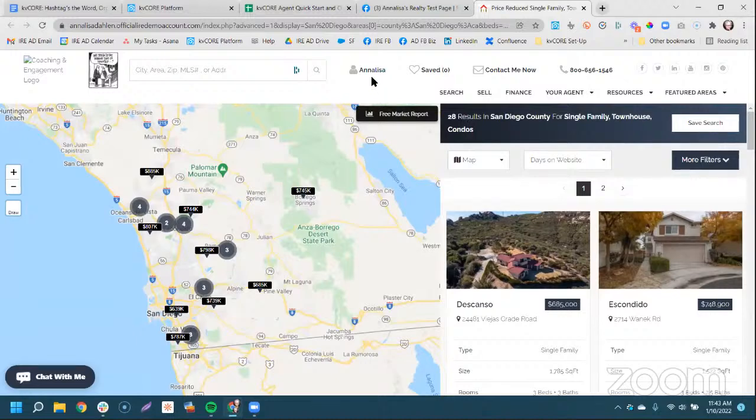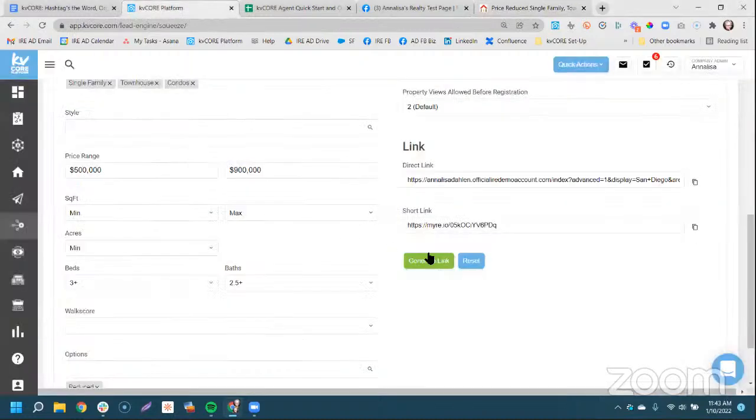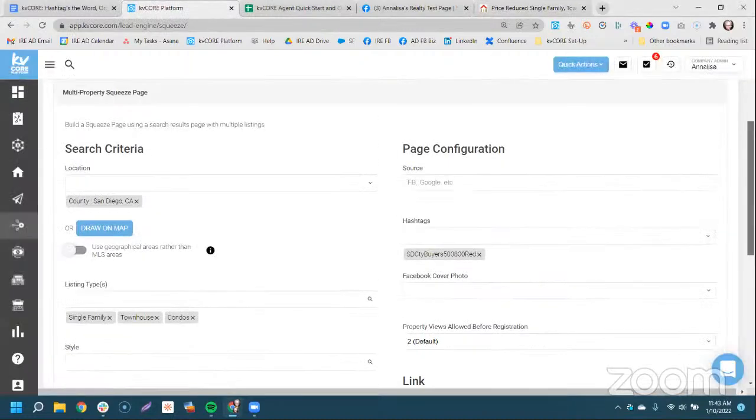Now, one thing you can do to automate a listing alert for this area is you can also say, all right, well, I've got my hashtag here of SD County buyers, 500, 800 reduced. Whenever this tag lands, I want to kick off a special campaign and listing alerts. I just want it to happen because I don't want to worry about it and reactively have to take care of this later.